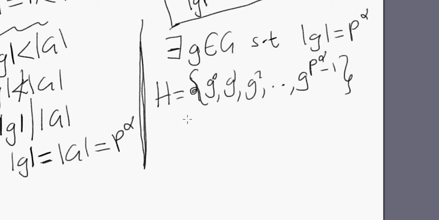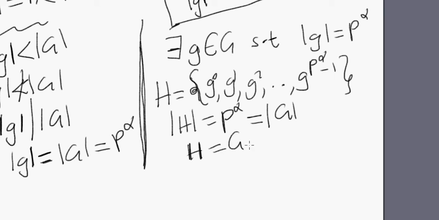How many elements are in this group? Is the order of H equal to p to the alpha? If the order of H equals p to the alpha, and p to the alpha equals the order of the group, aren't we saying that H equals G? Okay. If H equals G, well, aren't we saying then that